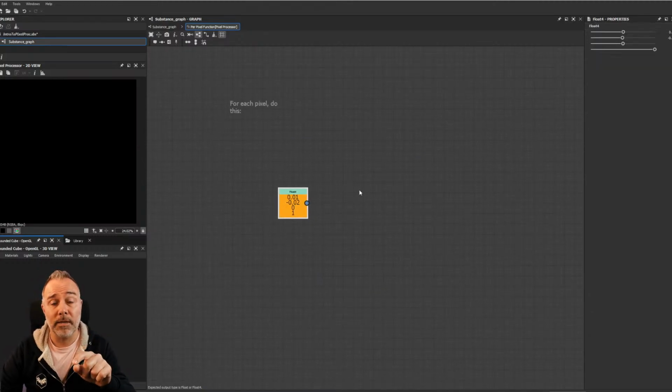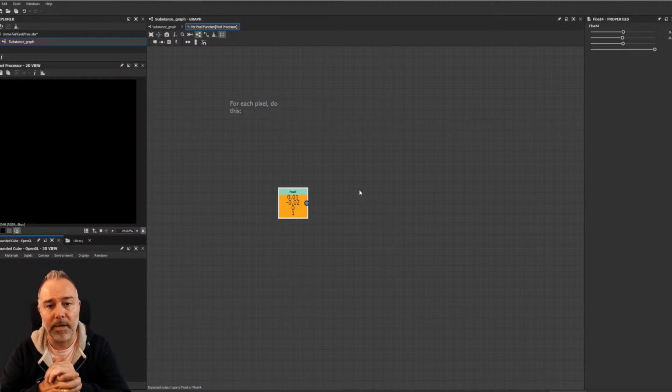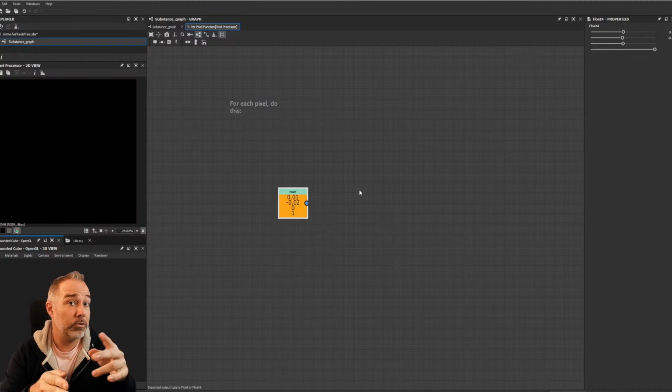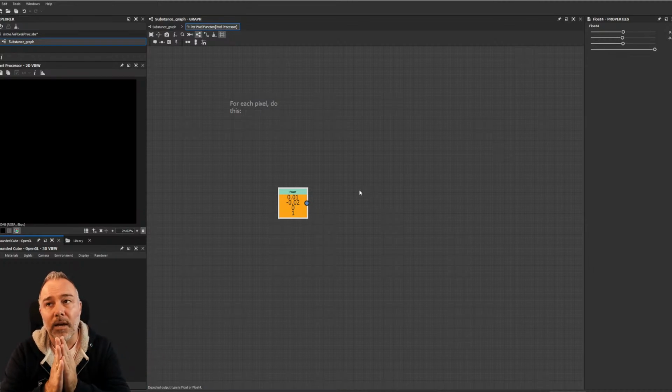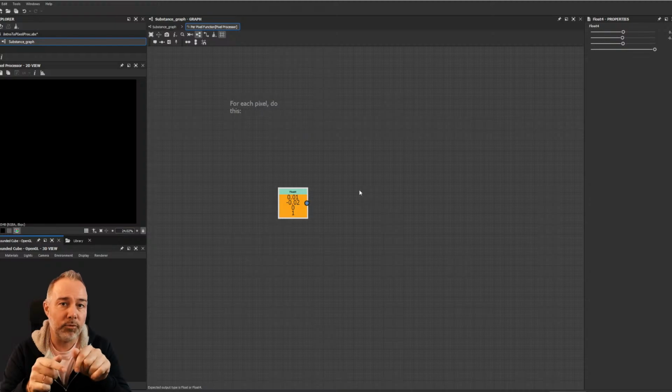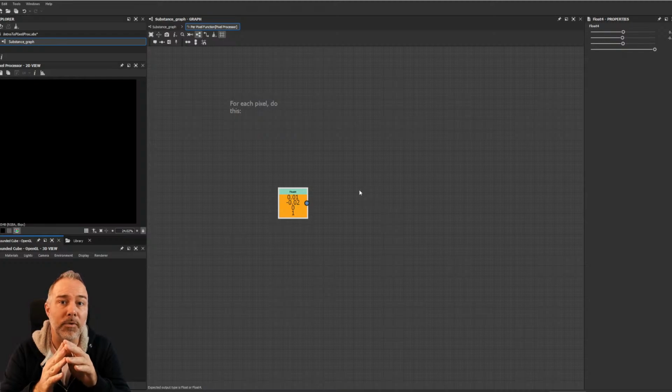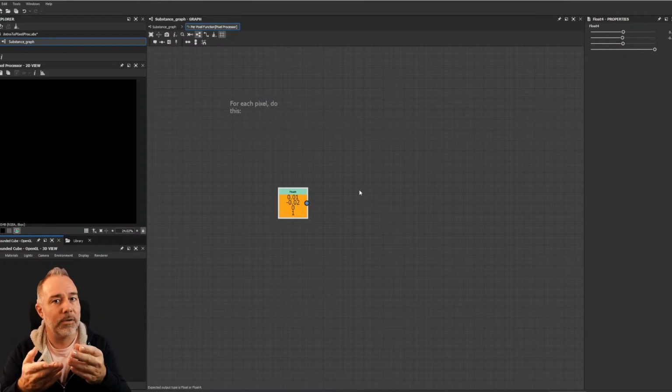to each pixel one at a time, which means that it will take one pixel, do the processing, then go to another one, do the processing. And it is very important to understand that this process is done individually. For example, you cannot say for each pixel, look at all the other ones and make something. No, it will just look at this one. What you could say, for example, is for each pixel, look at the ones around and do something, but you cannot,